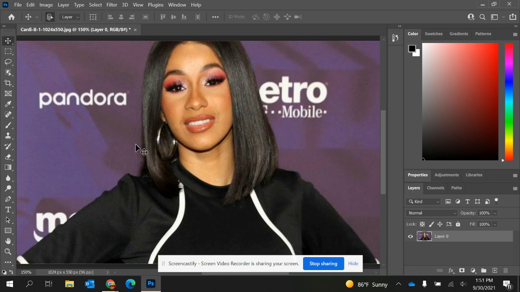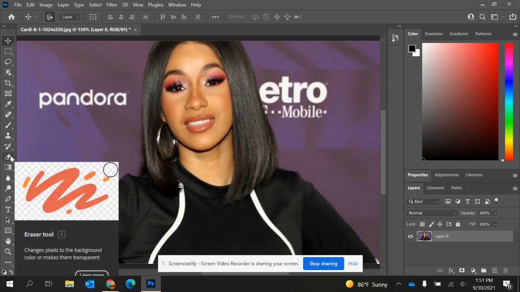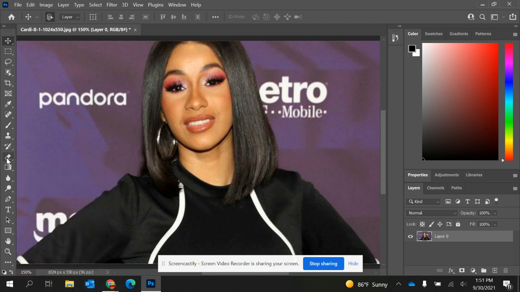One of the most commonly used things is, of course, the eraser tool. You've probably already found it if you're trying to teach yourself Photoshop. It's right here. It looks like a little eraser pointing down to the left. If you right click on it, or for some people double click, depending on what kind of computer you're on, it has the eraser tool, the background eraser tool, and the magic eraser tool. Eraser and background eraser both do the same thing, except eraser,